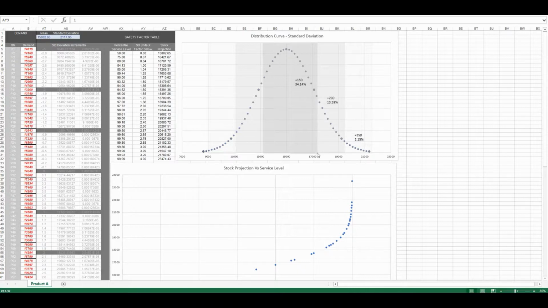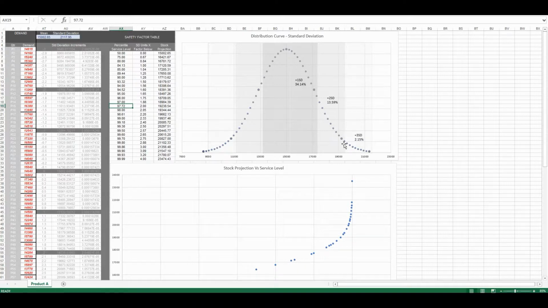Adding one standard deviation here would take us to around 17,200, which you can see back on the safety factor table. Sorry, it's 17,120. So graphically you can see what adding one standard deviation would do to add 34.14%. So 50 plus 34.14 is 84.13%. By adding two standard deviations to a product, we can move the service level up to